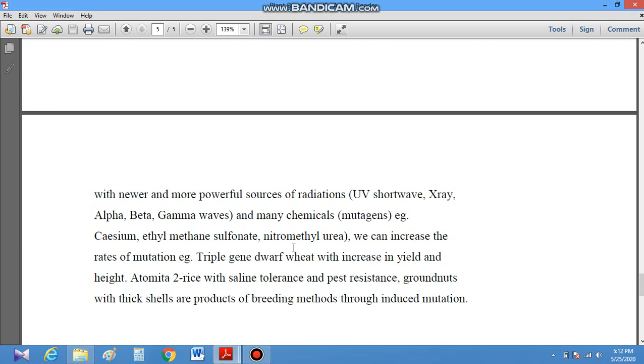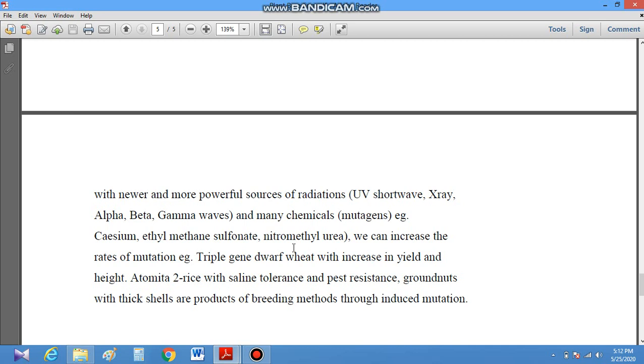And when we talk about the method of inducing mutations, we can treat the plant material with physical mutagens. For this purpose, we take the seeds, bulbs, rhizomes, and buds of perfectly established varieties which are irradiated with X-rays, gamma rays, UV rays under controlled conditions of moisture content, temperature, atmospheric pressure, and oxygen level.